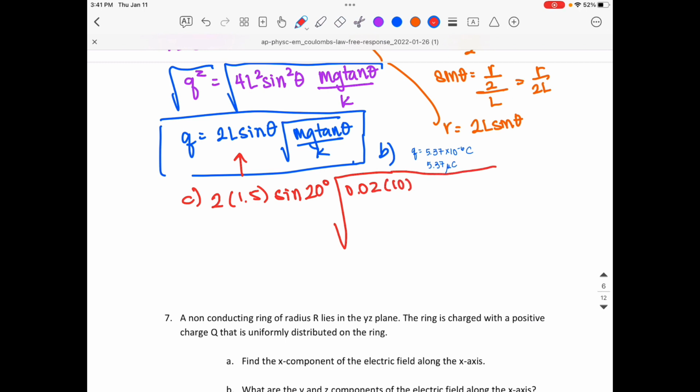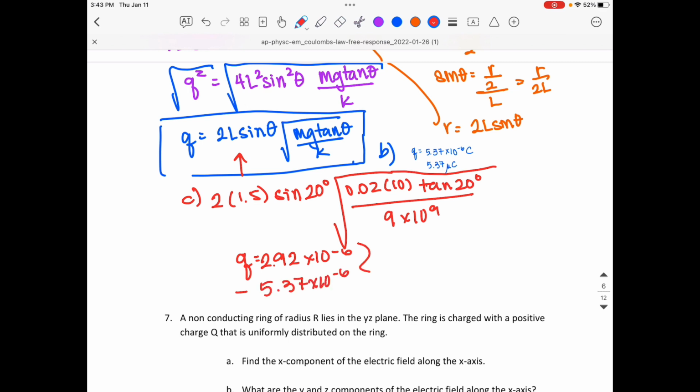Let me just step this down. Tan of 20 degrees all over 9 times 10 to the 9th. Q is equal to 2.91, or let's call it 2.92 times 10 to the negative 6. So that's going to be my charge after some charge is dissipated. It's now at 20 degrees, but we still need the difference. So I'm going to subtract my 5.37 times 10 to the negative 6 from that, and that'll give us our difference, which is